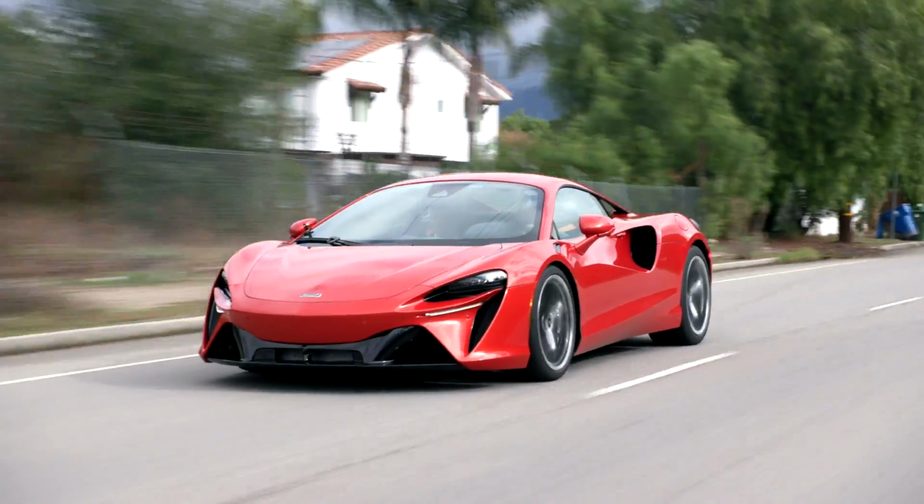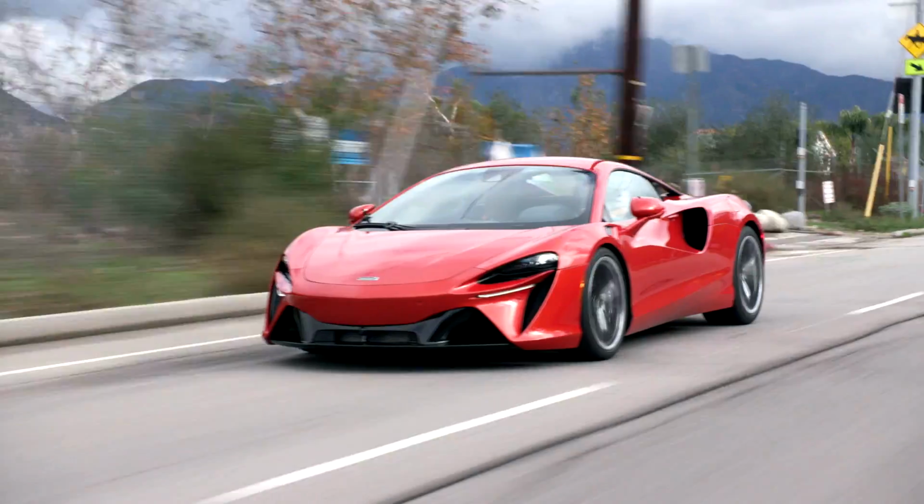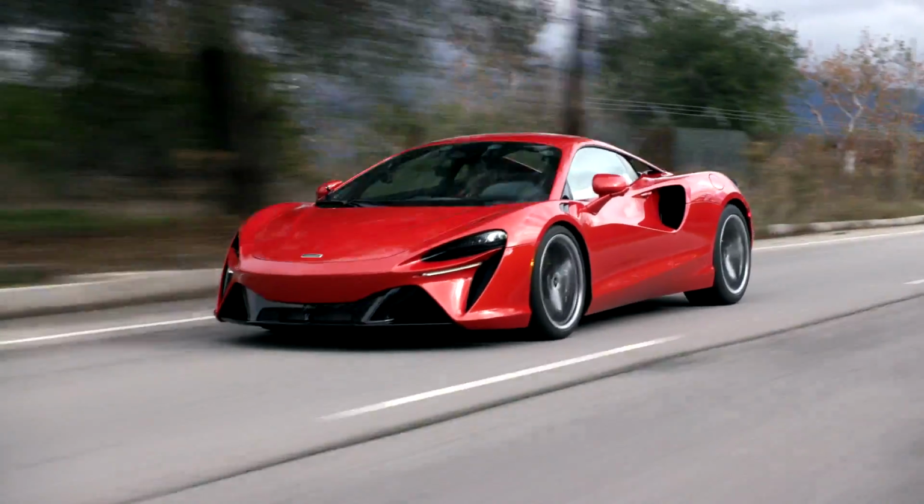I enjoy that P1 so much. It's a special car. I mean, 10 years after we first showed it, it still looks incredible. And the 12C I love. Yeah, it's a special occasion, even for us who work at McLaren, to drive the P1. I think we have 2 now, and we have to come up with benchmarking reasons to get them